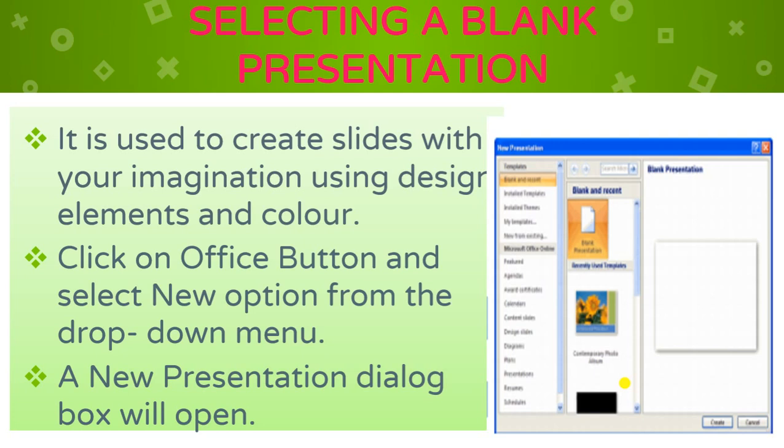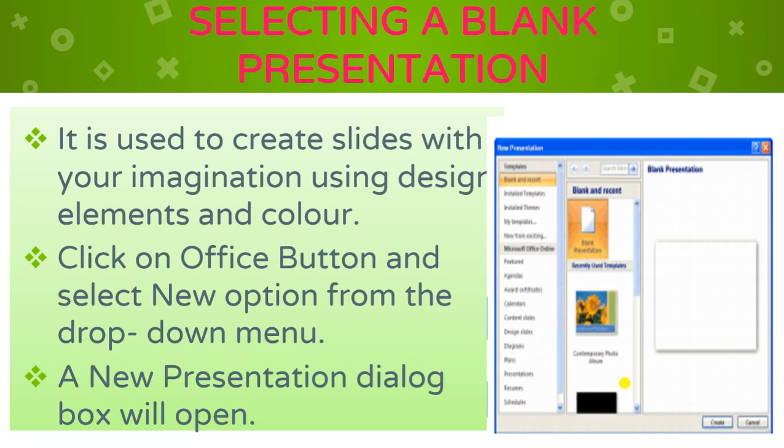If you are working in Office 2007, you have to click on the office button, and then the new option will be there. From that drop down menu you have to select the new option, and you can open your new presentation.